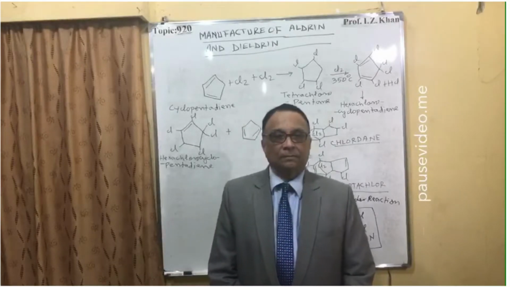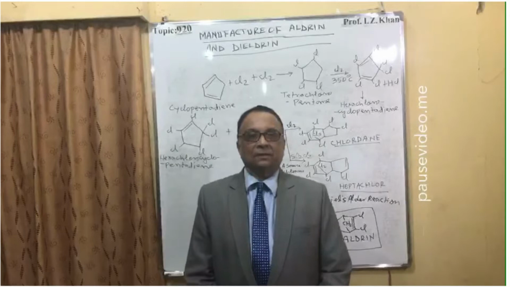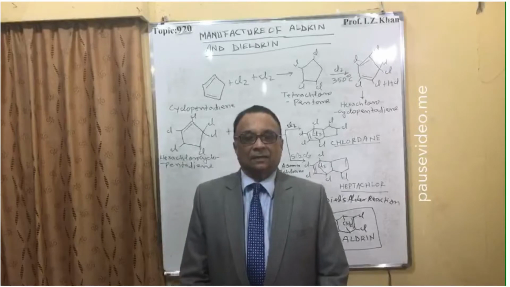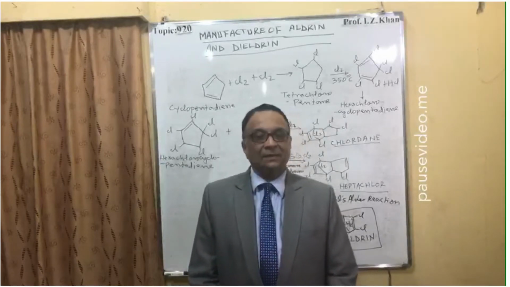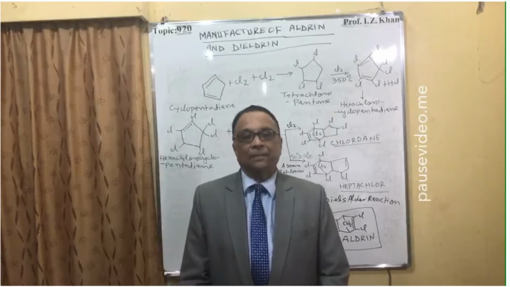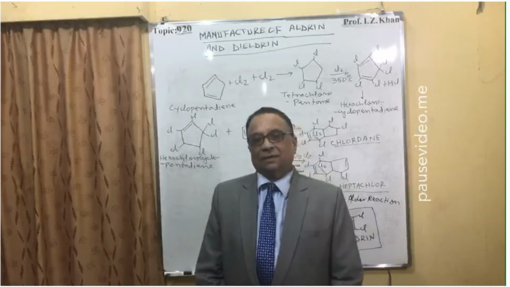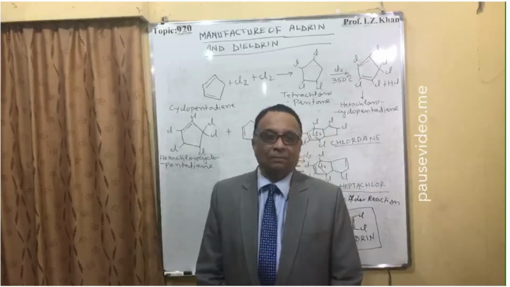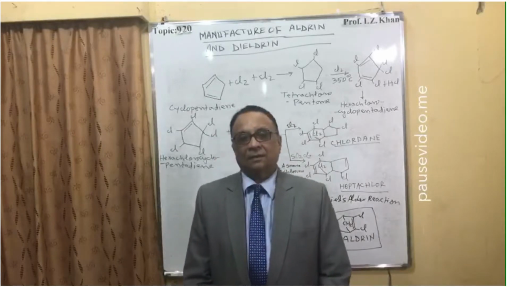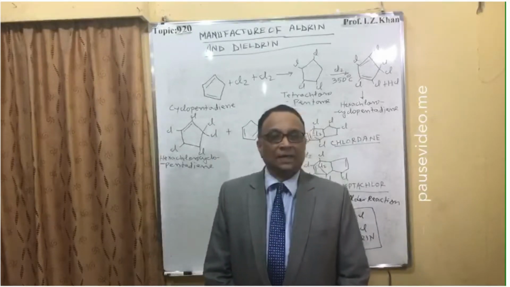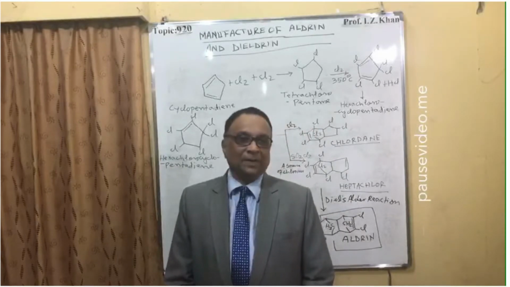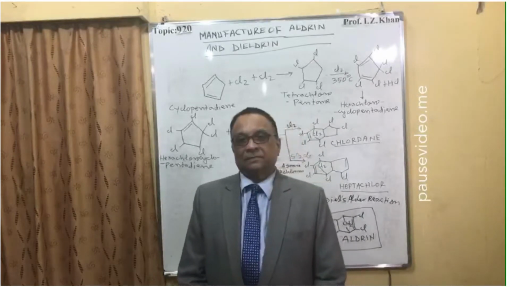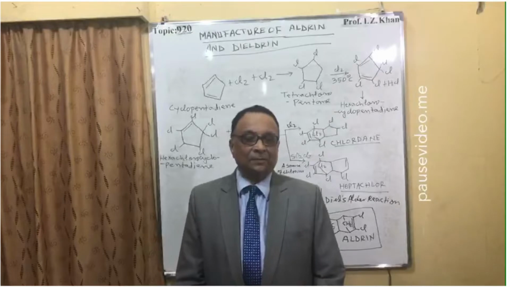Hello everyone, you are all welcome to lecture number 920, and today's topic is the manufacture of ALDRIN and DIELDRIN. These two organochloro derivatives of bicyclic and also five-member cyclic compounds were prepared in 1949, and they are very effective against insects and pests,